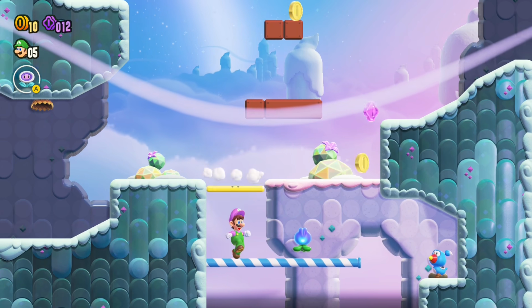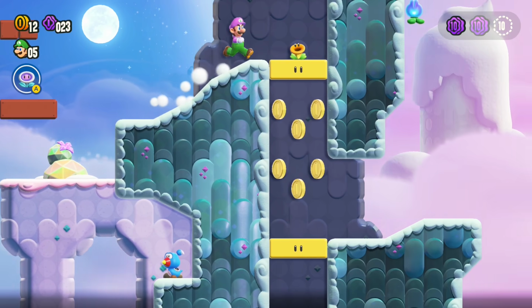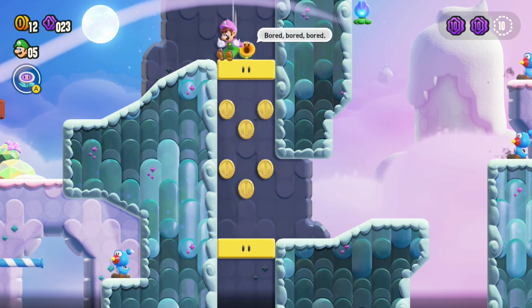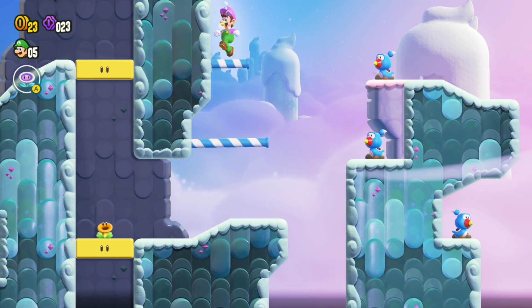And if you hit this flower here, like I've showcased, you can actually get the second purple coin, which I suppose is very close to the first purple coin, but I think Wonder already does a lot of that in the original game as well, where a lot of purple coins are kind of close together.